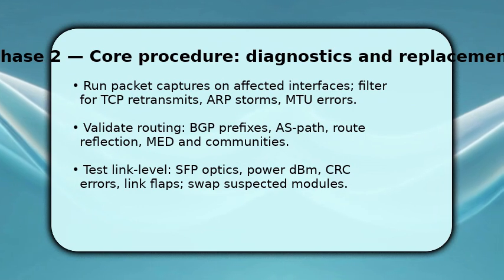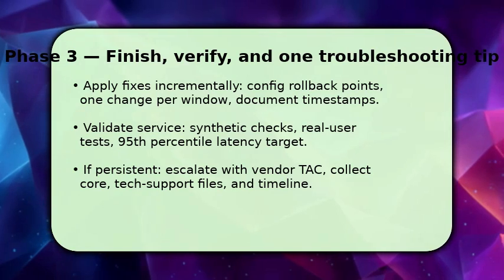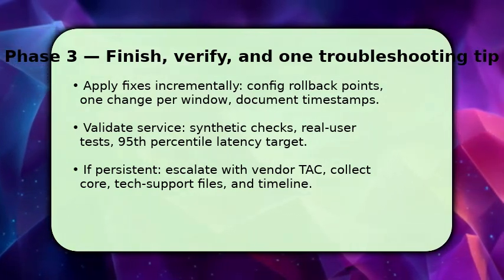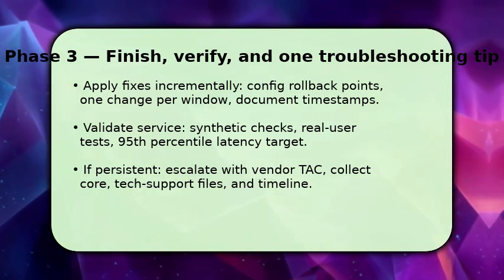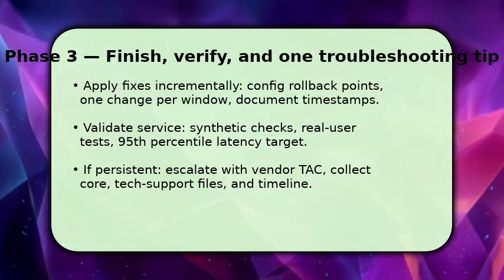To finish, apply changes incrementally and keep rollback points. Make one change per maintenance window, and document timestamps and commands so you can revert quickly. Then validate services with synthetic probes and real user tests, confirming that 95th percentile latency and packet loss targets are